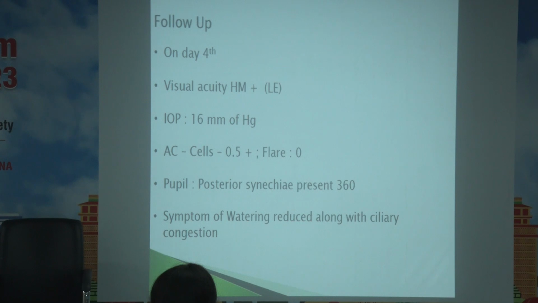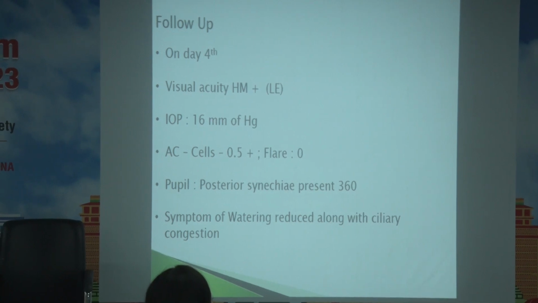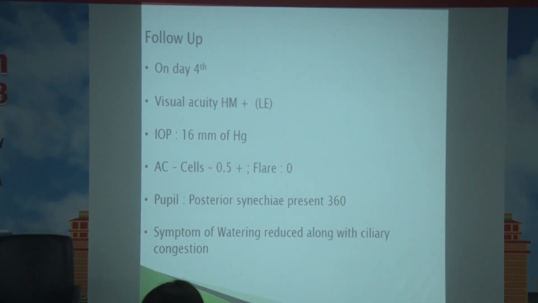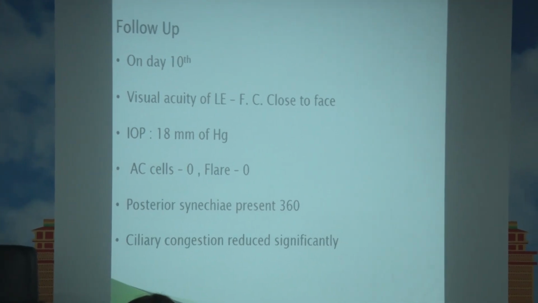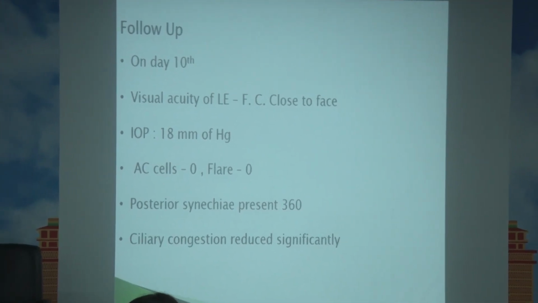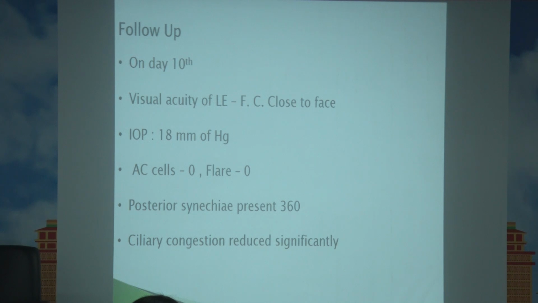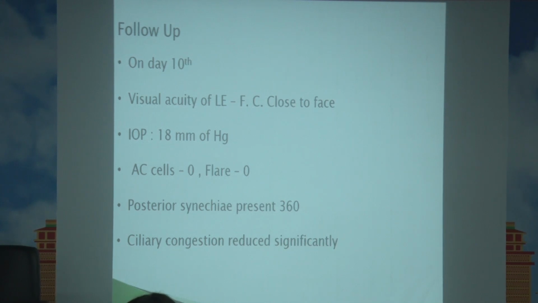On follow-up on day 4, visual acuity in the left eye was still hand movement, while IOP was 15. AC cells were reduced to 0.5 plus and flare was 0. The improvement was there, but the history was still present, while symptoms of watering and scaling were reduced. On the next follow-up, the visual acuity was close to the same, IOP was 18, AC cells and flare were 0. The test and it is still present at 360 while stimulation is